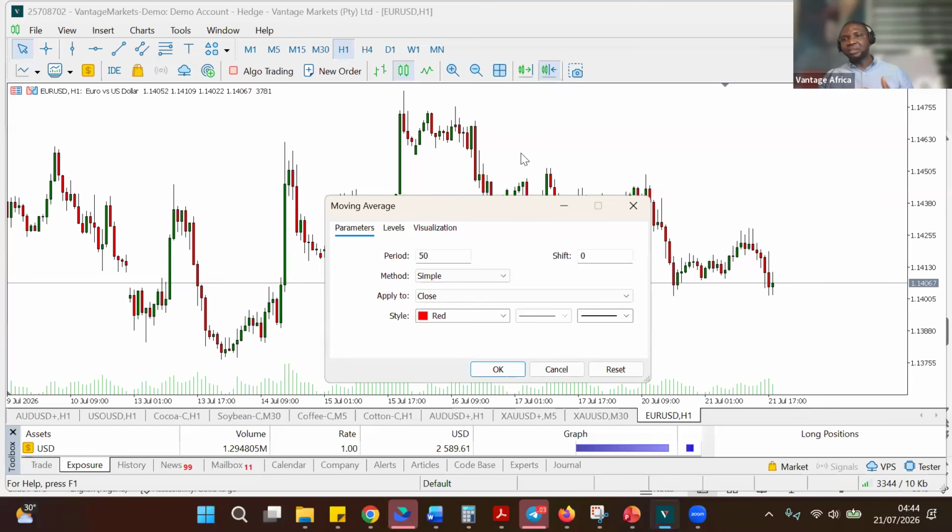It will show you the trend when the trend has already passed. But if it's very tight, you put it on like 5 or 4, it will be showing you trend change very quickly, which can be very deceptive. Now the trend may not be changing that quickly, but the moving average will start showing you that the trend is changing that quickly. Okay, so in this case, let's stay with 50, simple, close, red,